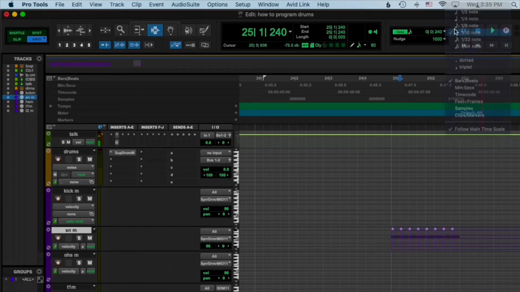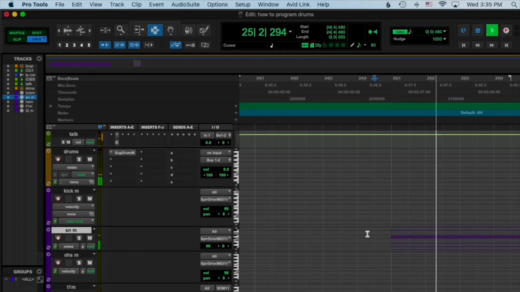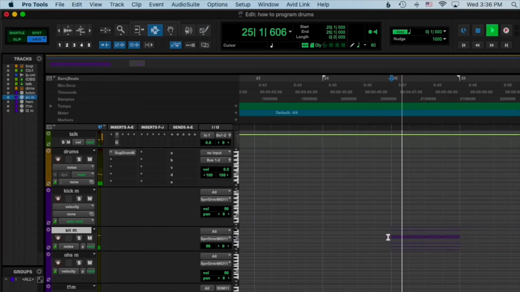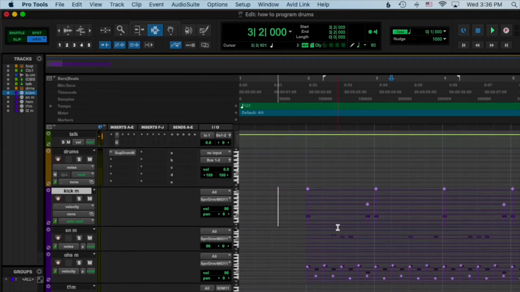Okay. Let's go to 8th notes. Take it out to where there's only one MIDI note. I'll just get the pencil tool. Those are 8th notes at this tempo. Okay, and so on. Quarter notes. So it's pretty simple. It will take some getting used to, as far as finding out where things go,